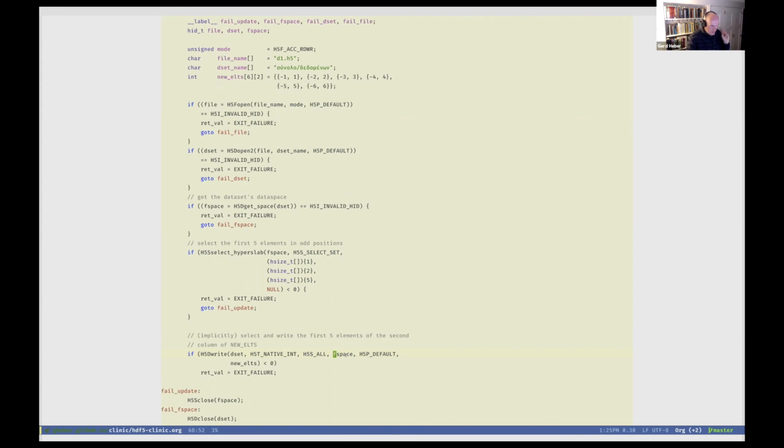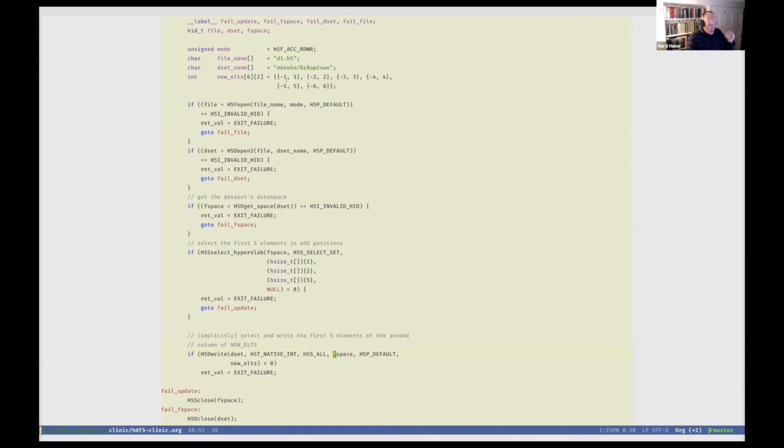That's 1, but that's not sufficient. So it will assume that there are at least 5 elements present in memory in this array. But to make matters, and that's where the tricky bit comes in, it will apply the same pattern in memory that it's applying in the file. Meaning, we said we are going to skip the first element.